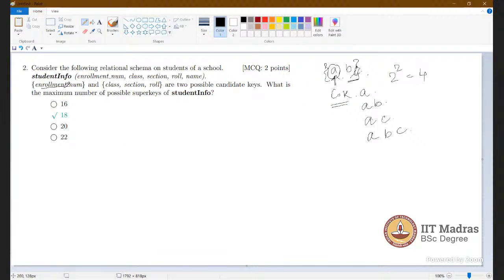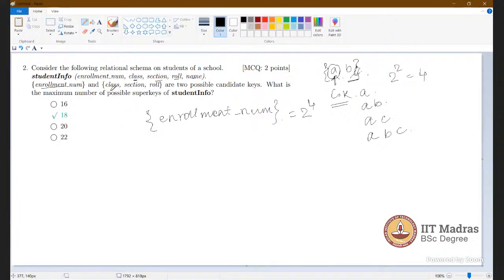Yes. So consider this one: enrollment number as the candidate key. The remaining number of attributes is 1, 2, 3, 4. So 2 to the power 4. This is the number of possible super keys if enrollment number is the candidate key.